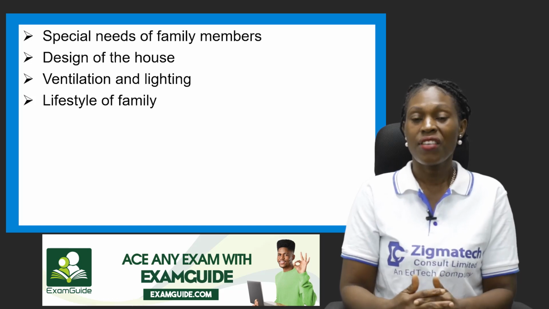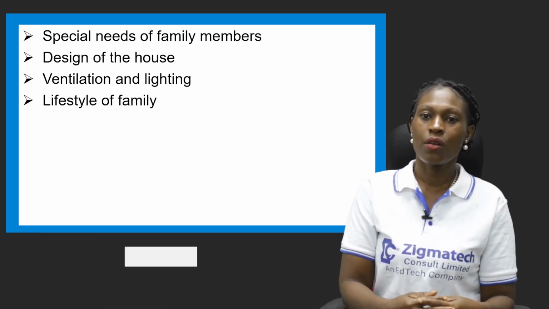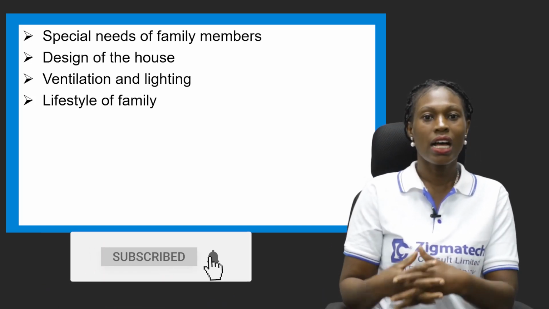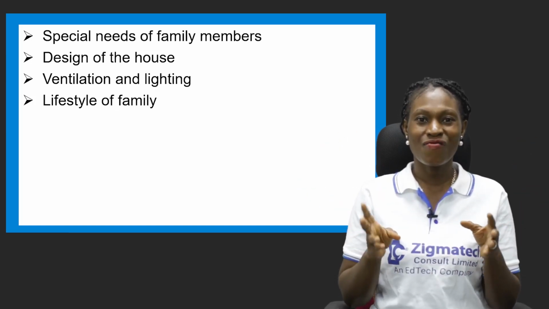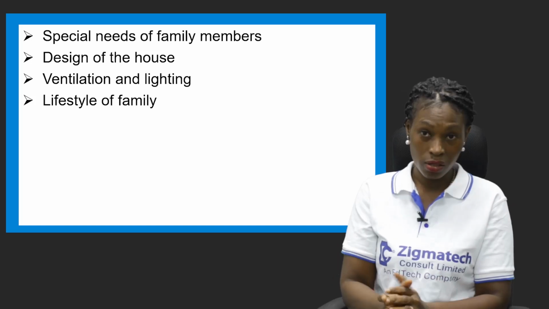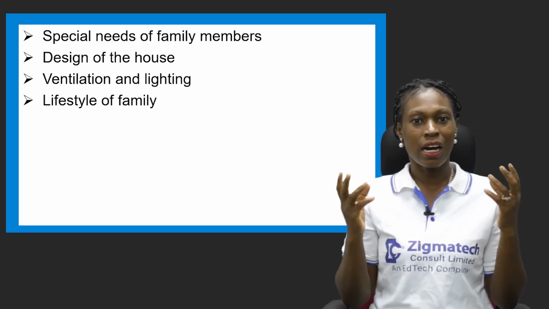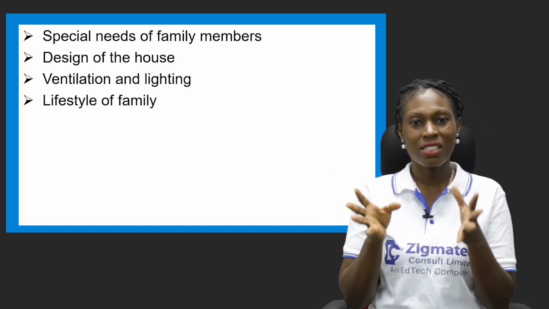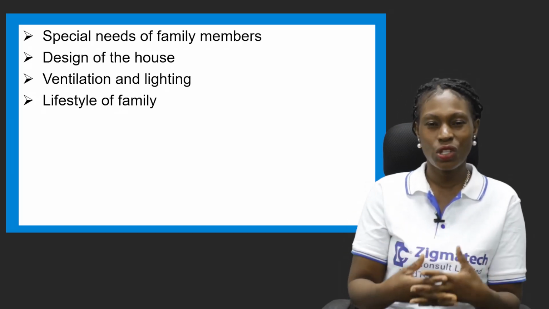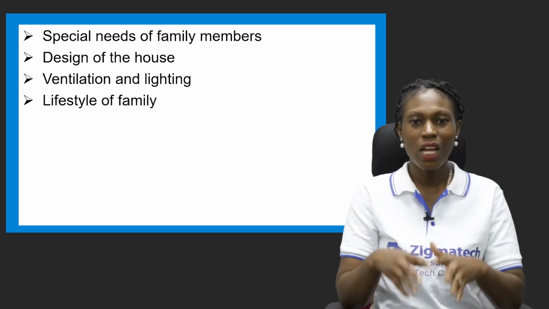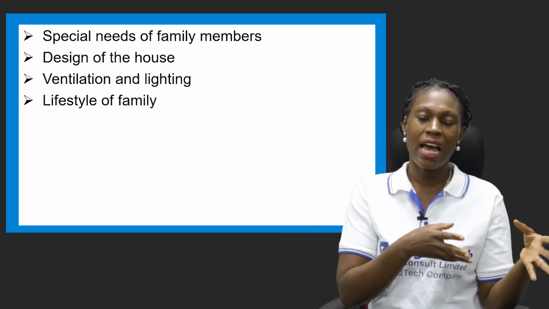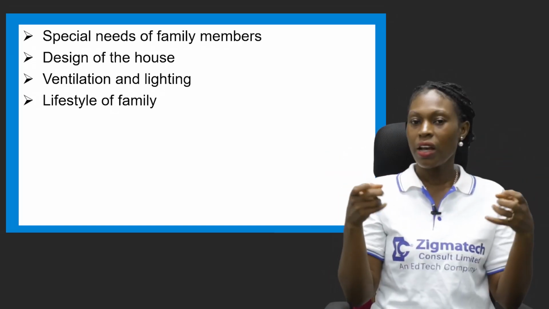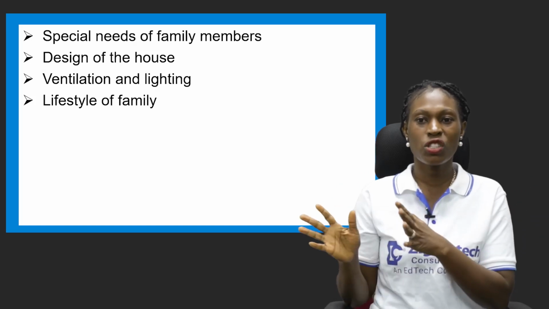Now, this is the family's preference. If the family wants a bigger house, a lot of people have different tastes for what they want now, and they want different types of layout. Let's take the kitchen layout, for instance. I want my kitchen to be like this, to have the L shape, to have the corridor type, to have the U shape, and all of that. Now, this is the family's preference.